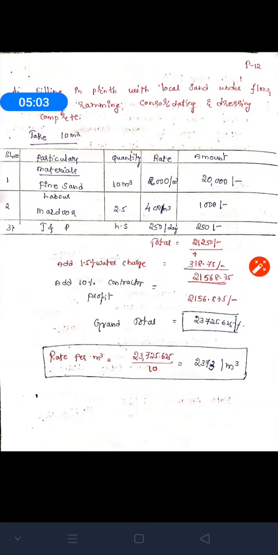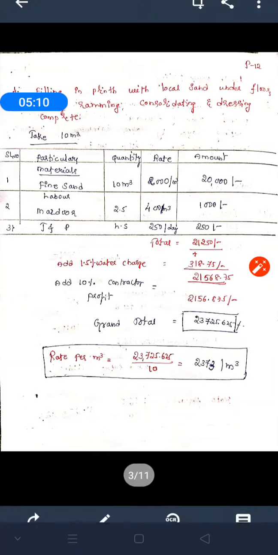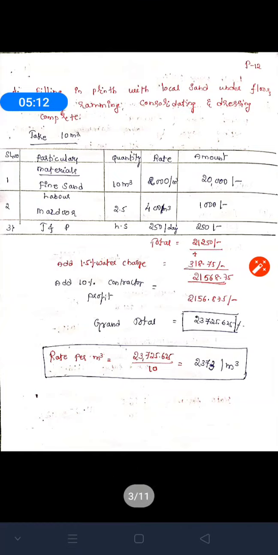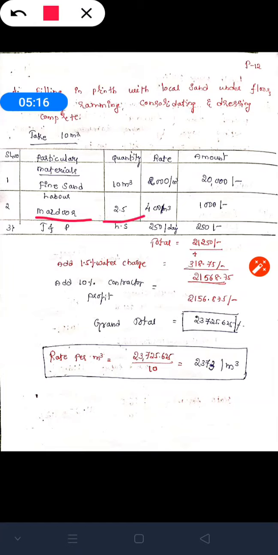Then we move on to the labor. Again, labor will remain the same as the previous one, that is mazdoor. So same here, if we have mazdoor or belders, both are the same, then 2.5 at 400 rupees per meter cube, then the amount will cost 1000 rupees here. Then we need to add these two amounts. Sorry, again we should consider the tools and plants,